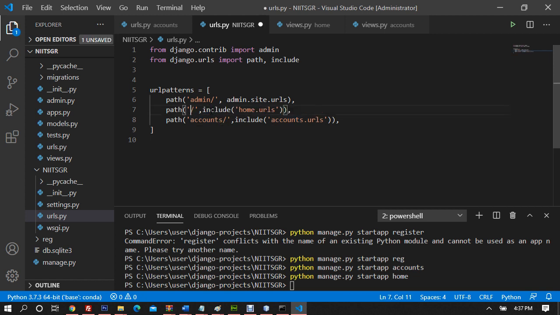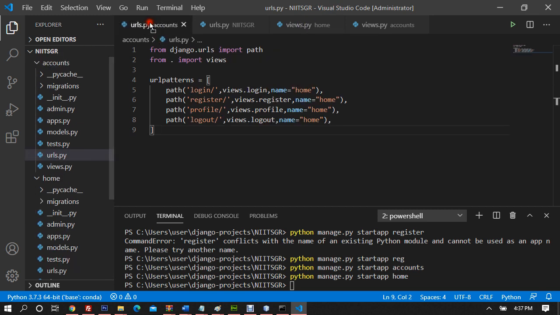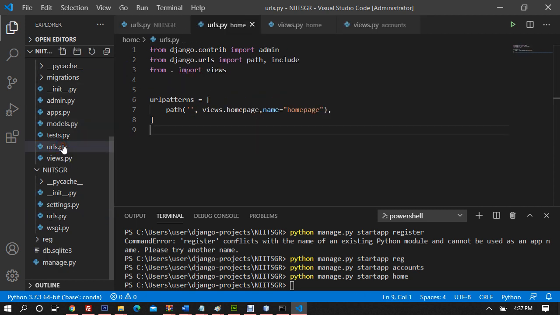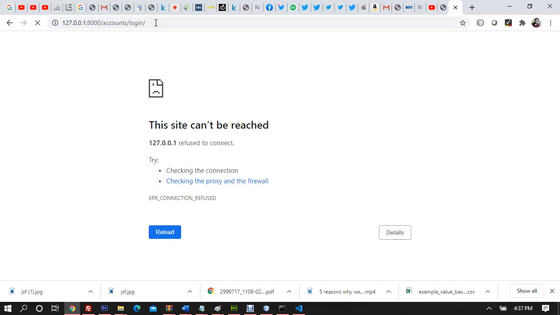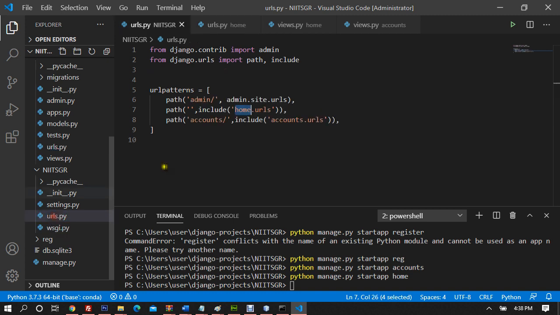Home is not on the base of accounts. If someone types nothing, that means they are trying to load the base directory: include home, go inside home and include URLs. So this is home and this is URLs, right? So this is accounts URLs, so I don't want this. Where is home URLs? So this is right here. Okay, so you are loading home page. So maybe this is going to work now. Still an error. Okay, the error is with the main URLs, I suppose. If I open main URLs,